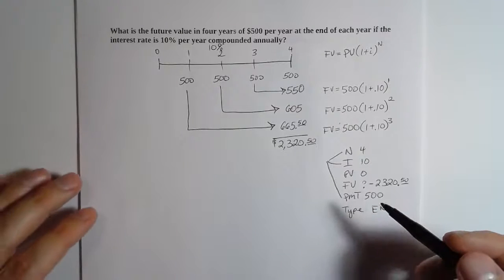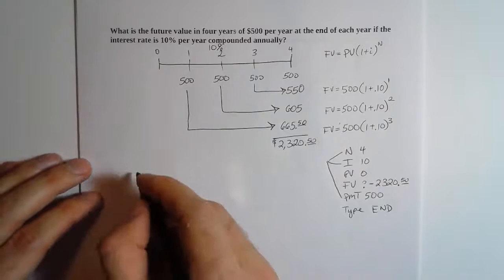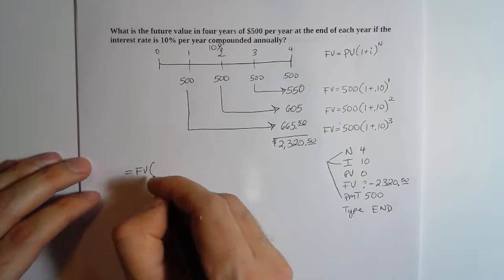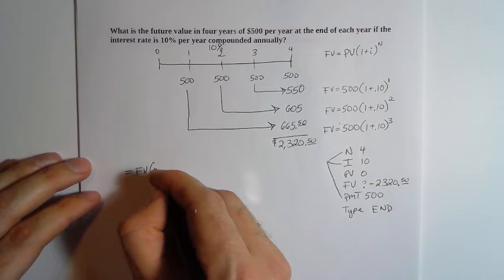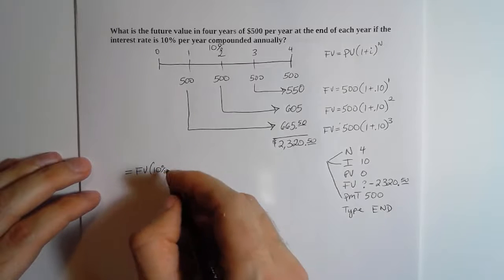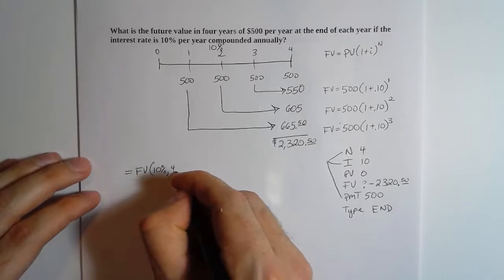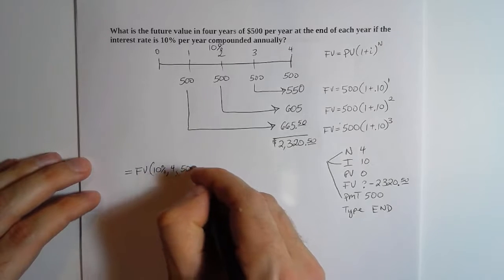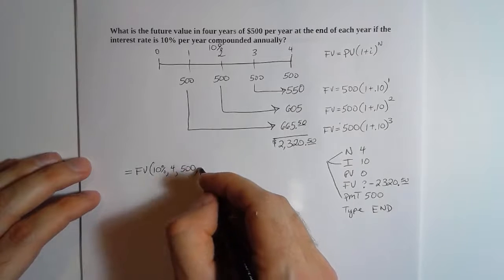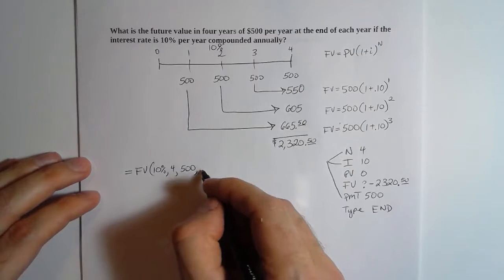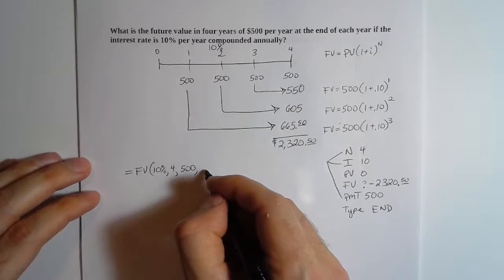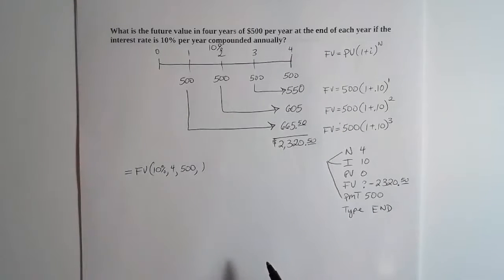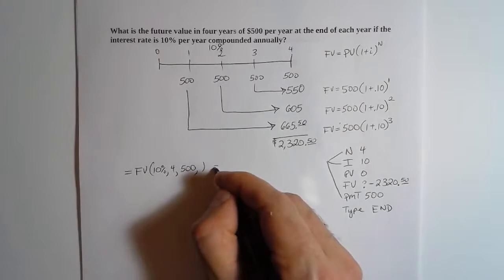Now, if you wanted to find the future value using Excel, then the way that you could do that is equals future value times the rate, which in this case is 10%, and then the number of periods, which is going to be 4, and then the payment amount, which in this case is $500. Our present value is 0, or we don't actually have it, so you can actually leave that amount off. And we also don't need to have the type either. So you can just end your formula there. And if you solve that out, you should get the same answer, which is negative